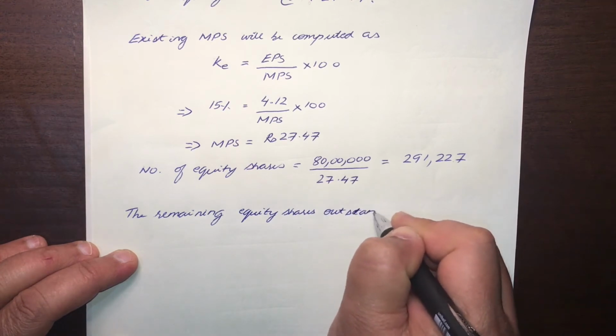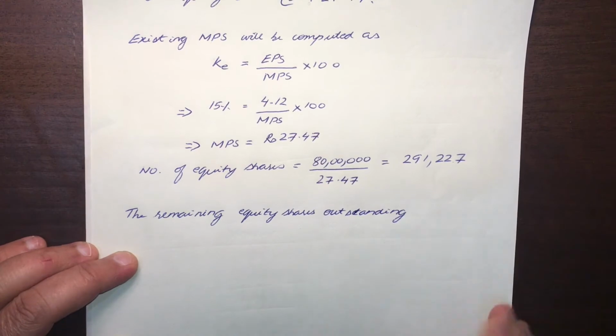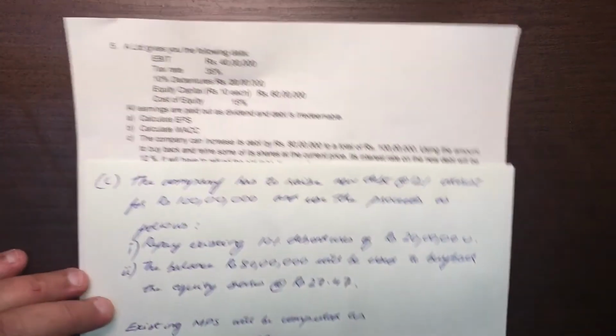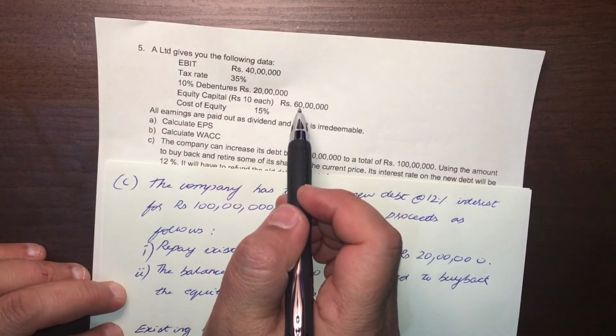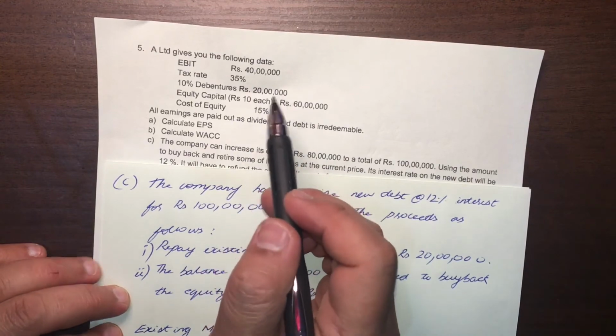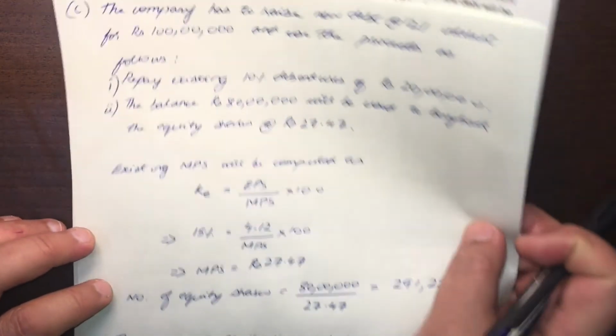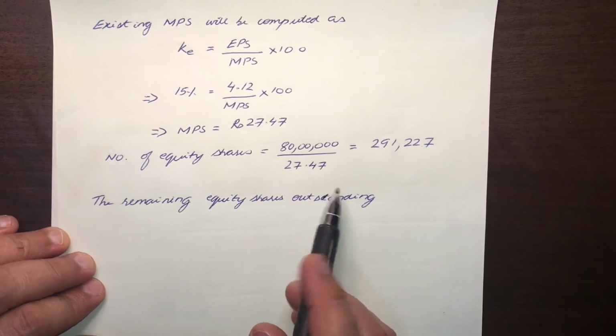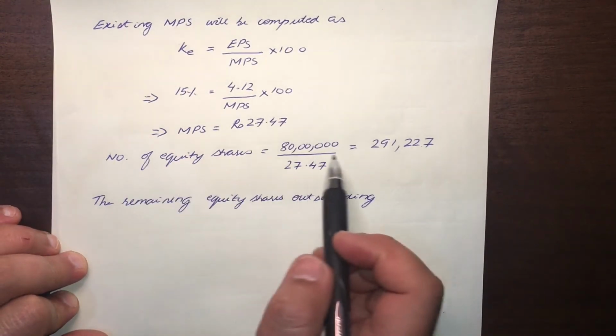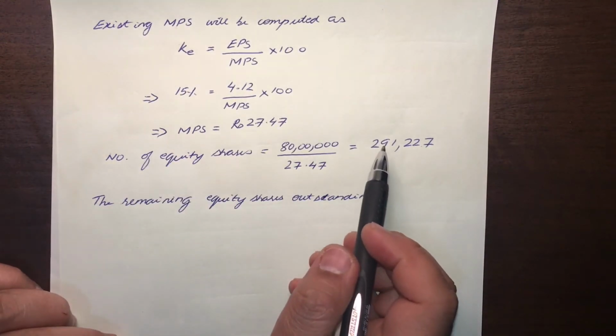Now, you remember the existing number of equity shares is what? It is 60 lakhs divided by 10. So there are 6 lakhs equity shares. Now you're going to buy back, you're going to redeem some of the equity shares. All right. Now how many equity shares are you going to redeem? 2 lakhs